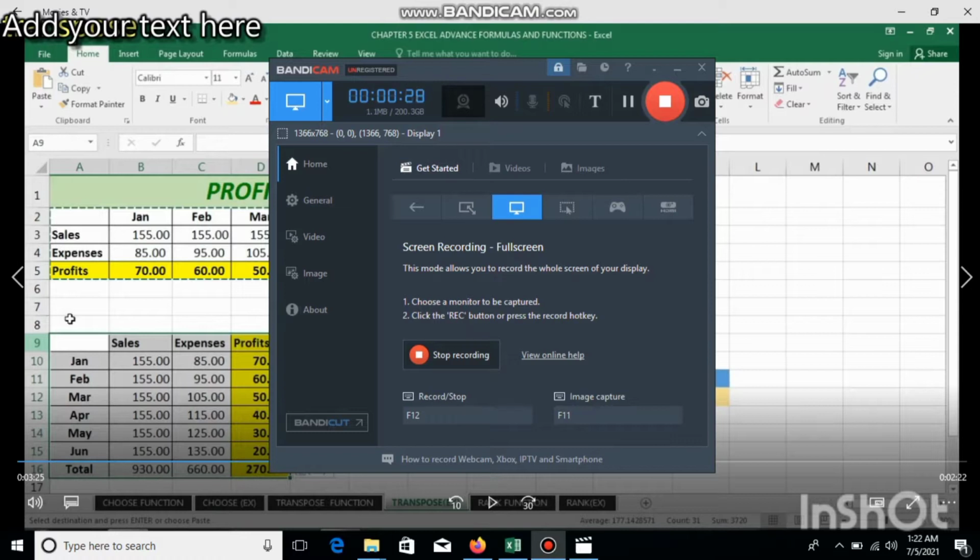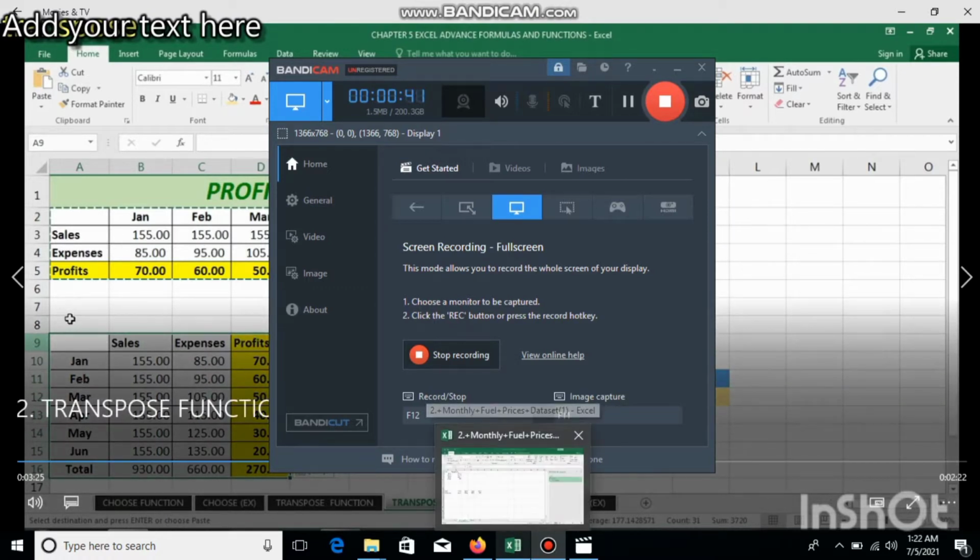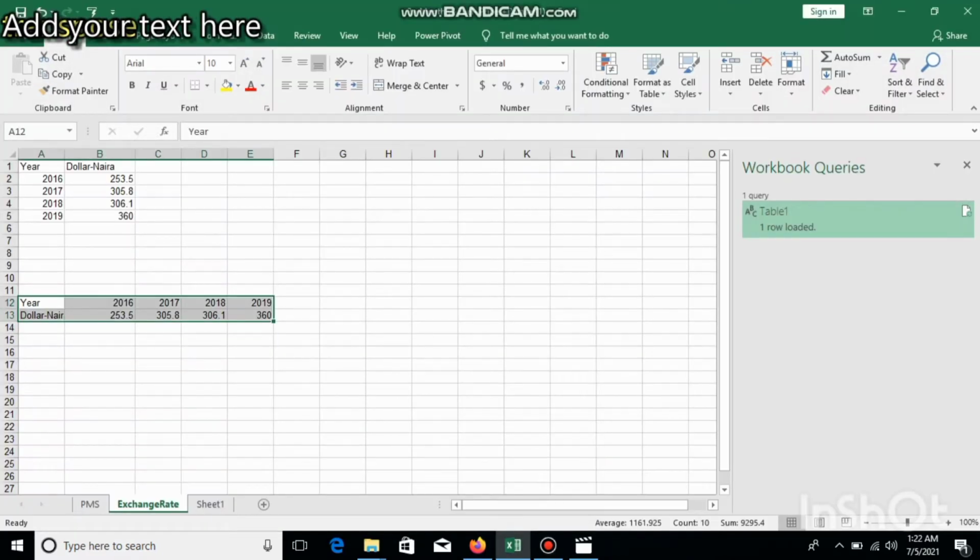Suppose there is a person to whom you assign your work and he entered data vertically, but you need it horizontal.